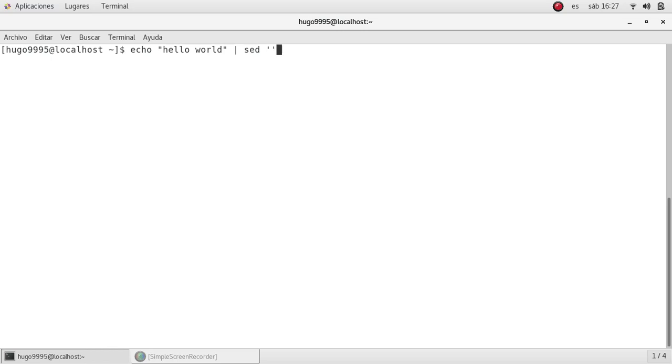I'm going to replace the h with an uppercase H, and finally another pipe with a word count so I can count the lines. Here we have three commands, echo, sed, and wc,